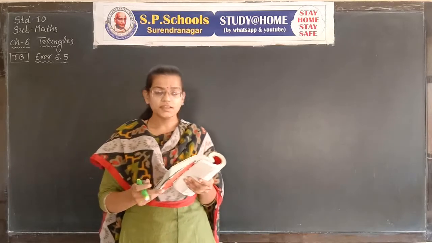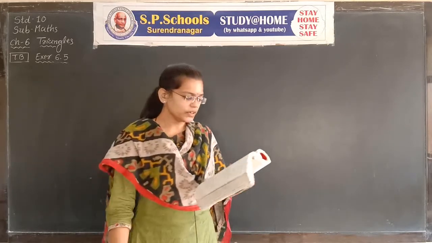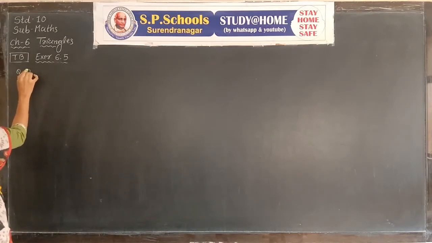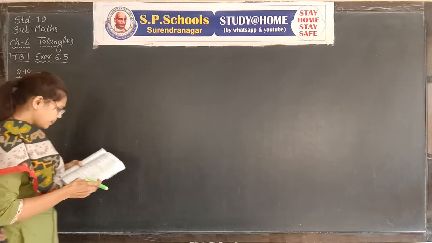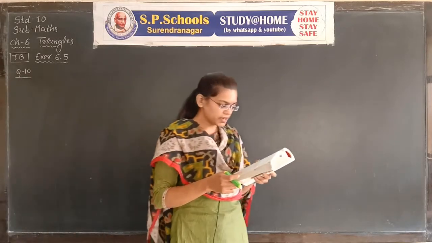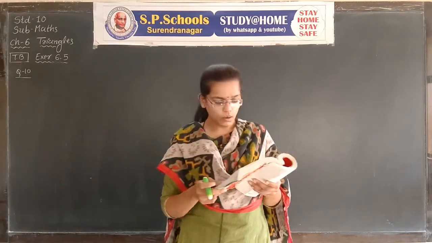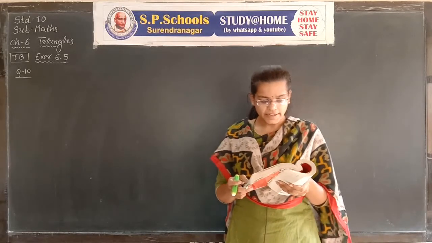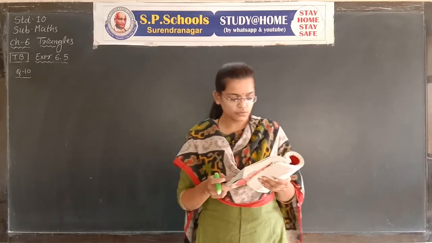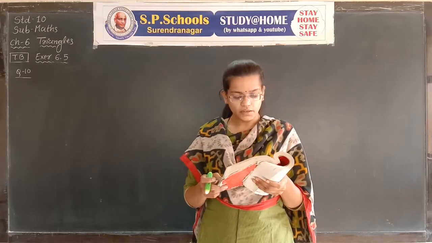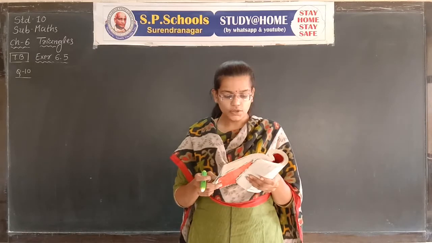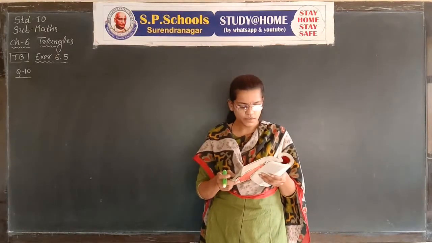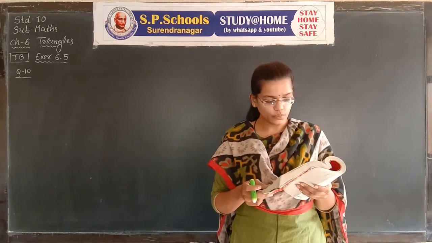At last, the 9th question is completed. Now we discuss the next question, number 10. A guy wire attached to a vertical pole of height 18 meters is 24 meters long and has a stake attached to the other end. How far from the base of the pole should the stake be driven so that the wire will be taut? First of all, we have to draw a figure.